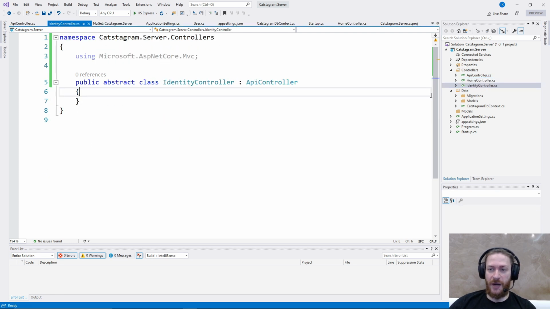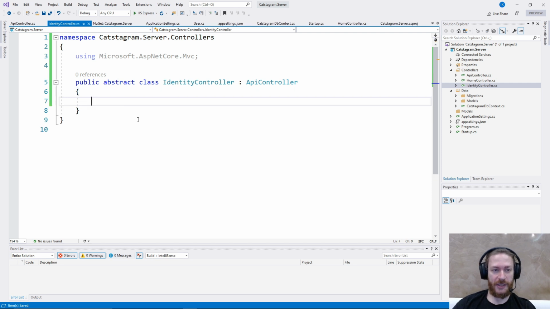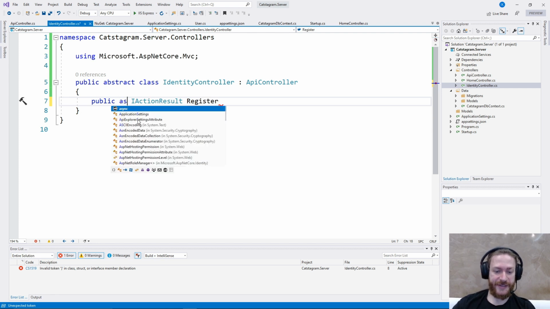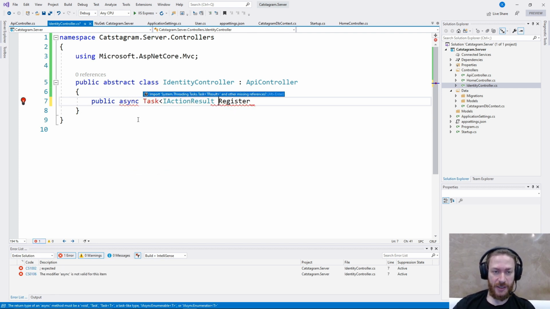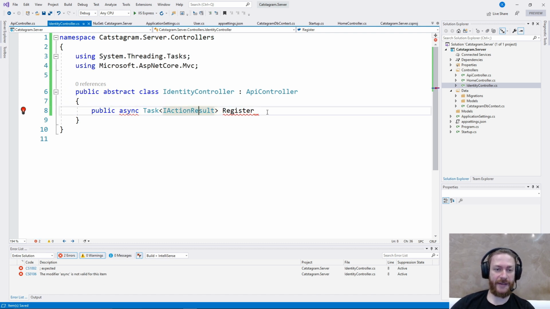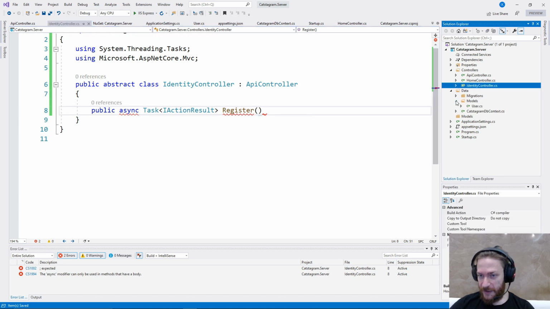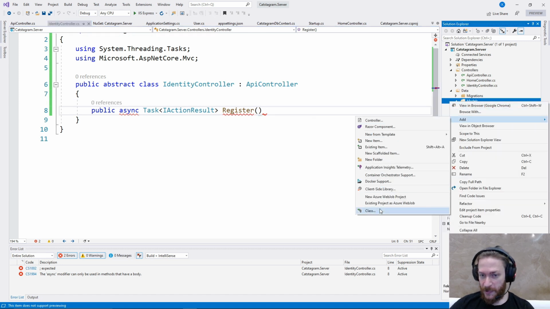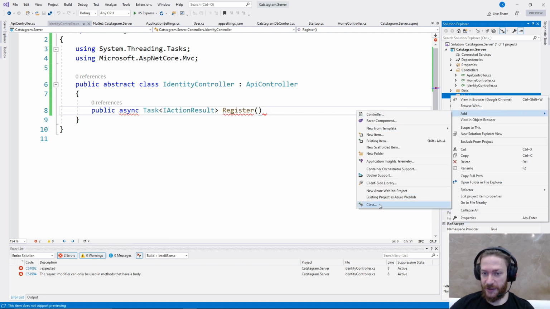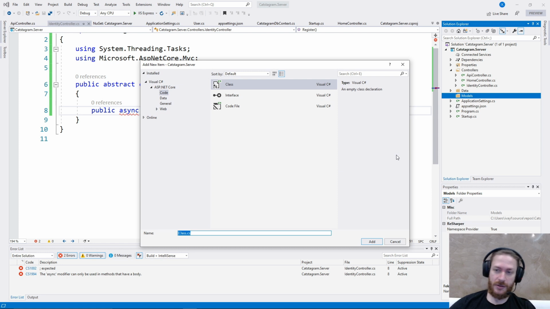Great. So how to wire up the register and the login here? First, let's create IActionResult register. Let's make it async all the way down. So I'm going to mark the method as asynchronous and I'm going to add Task from IActionResult. I would need a model in which, no, not here, that's the data model. I have a model here which I'm